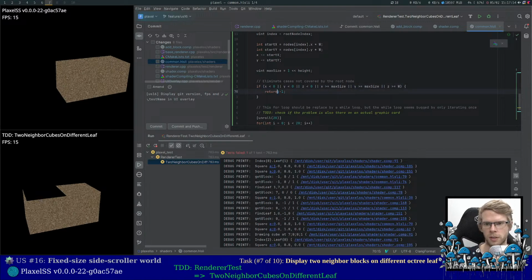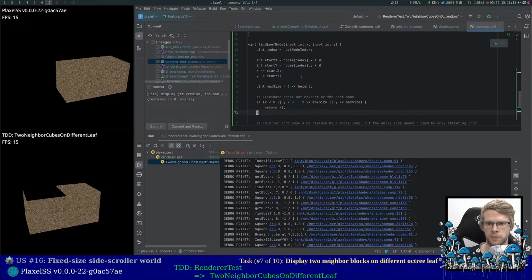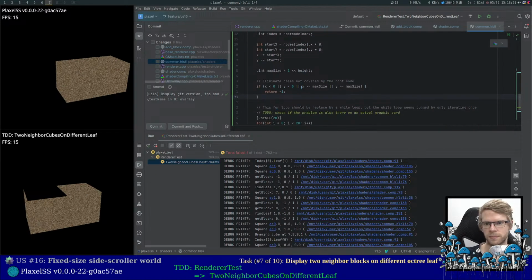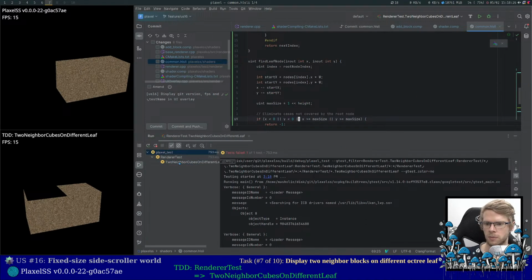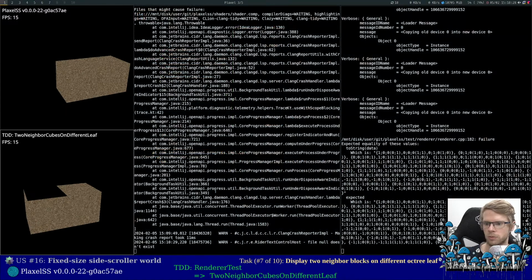I'm not sure I should... No, X and Y. I don't have the Z coordinates anyway, so let's remove it. In my previous project, I was doing it in a full 3D world and not in a side-scroller limited one. This time it should fix... oh,